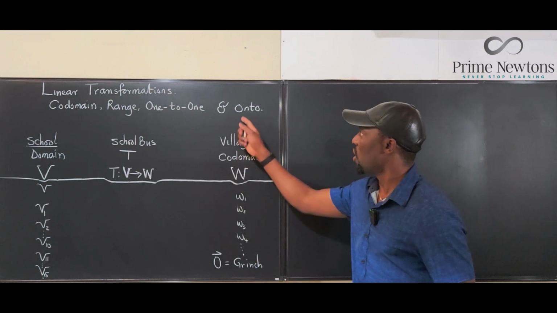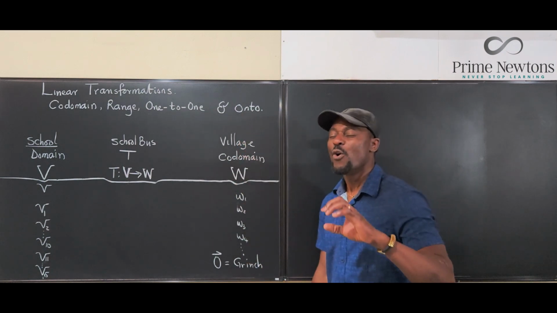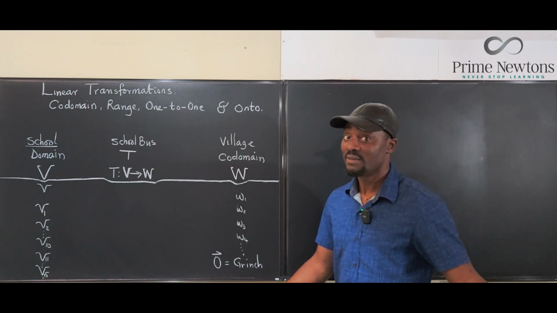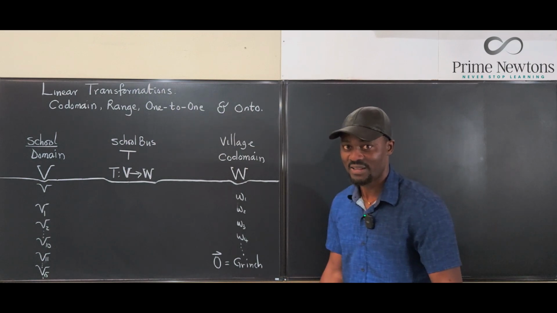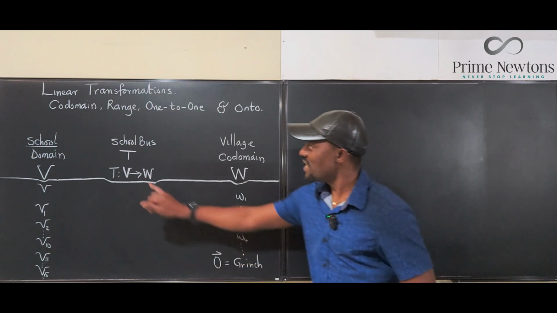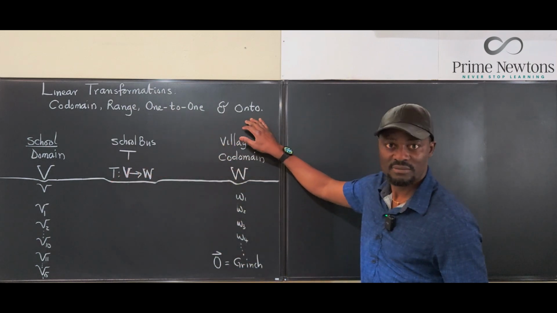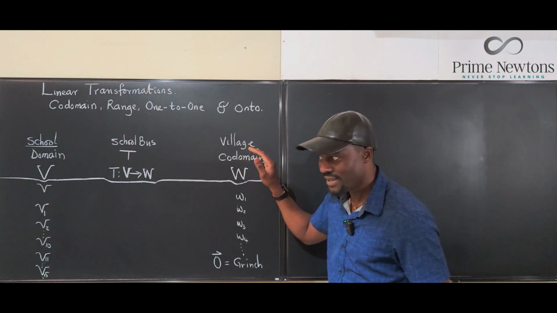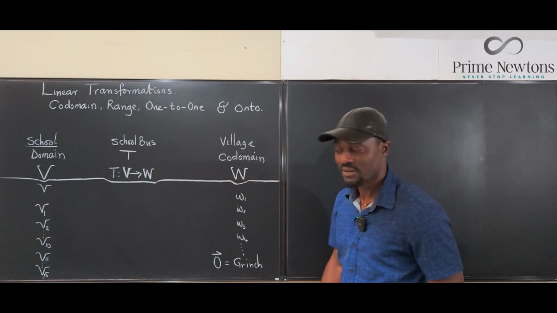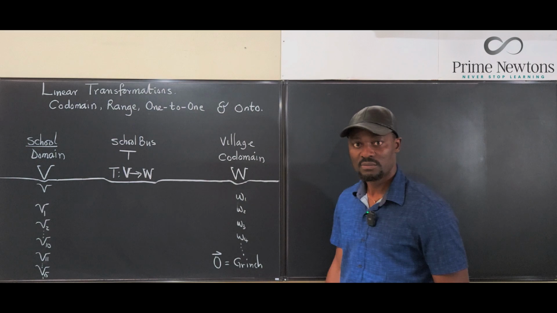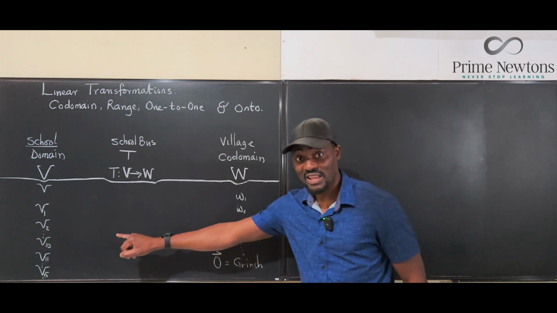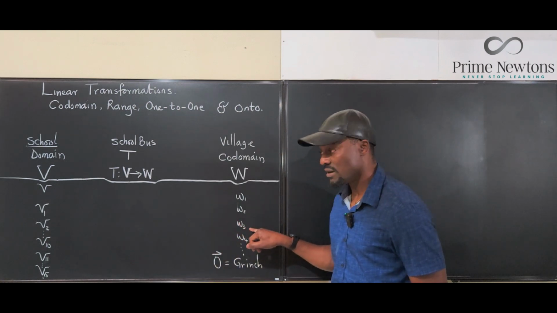Okay, now what is onto? This is the one that always throws students off, including me. Well, but now I understand it. A linear transformation is onto. Listen up. A linear transformation is onto if all the women in the village have children at the school. That's it. So this lady that doesn't have a child at that school would not be here if this was